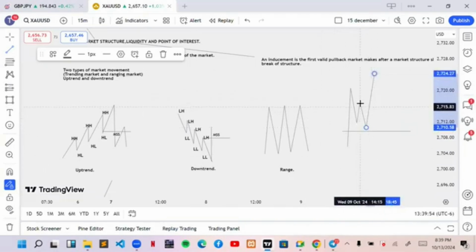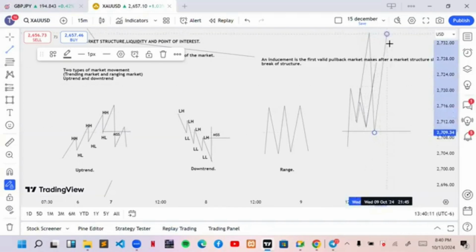It can either take it close to this level or equal to that same level before coming to trigger the main point of interest and then start buying. Or the pullback can actually take the market above that level before coming to trigger the main point of interest and buying. But whatever happens, you have to make sure that it pushes the market close to at least 50% of that last move, even